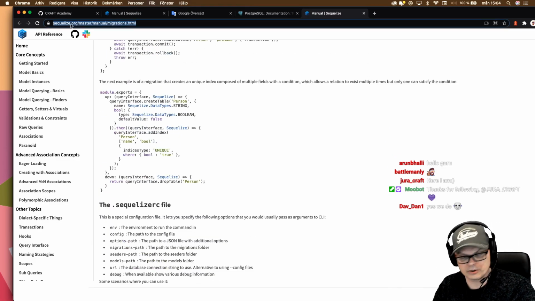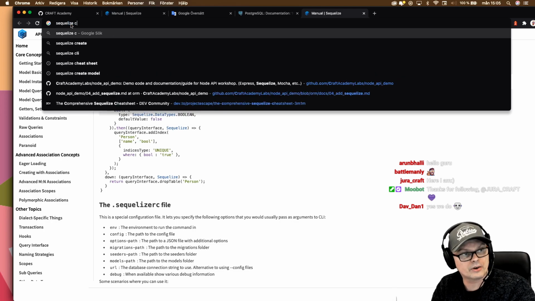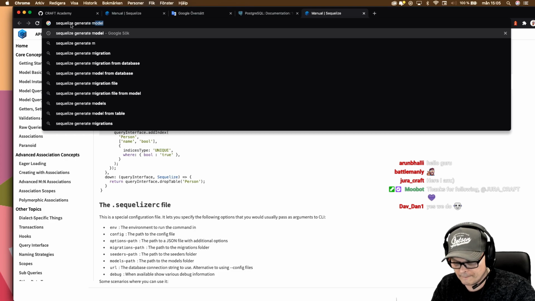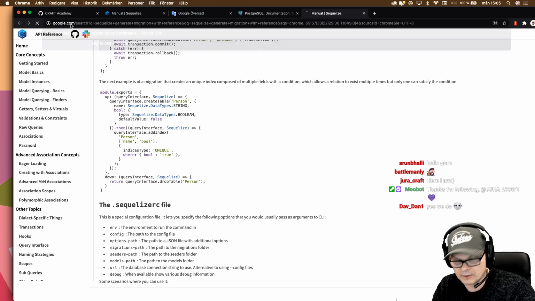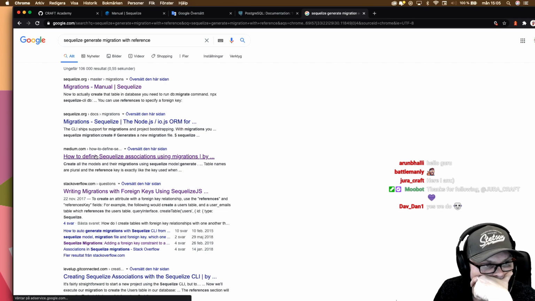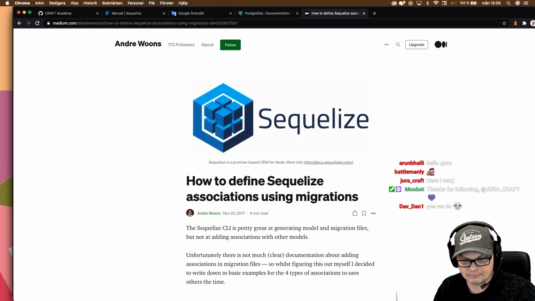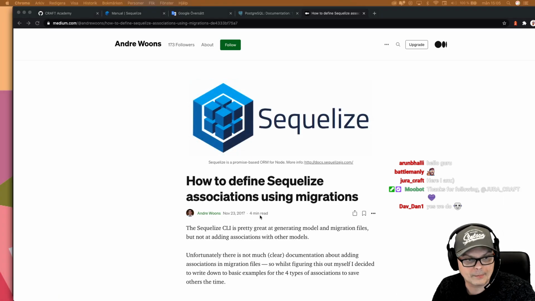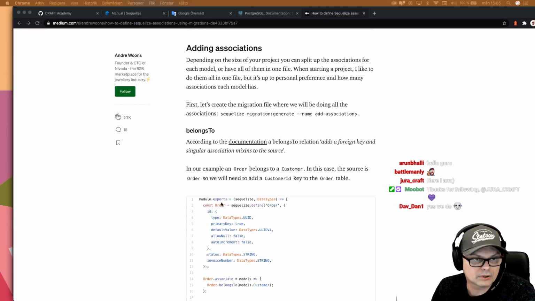Okay, so what if we just say Sequelize create or generate migration with reference. How to define Sequelize association using migrations. Look, I've been there already once. There, yeah. I think I'm on this one too. Belongs to,